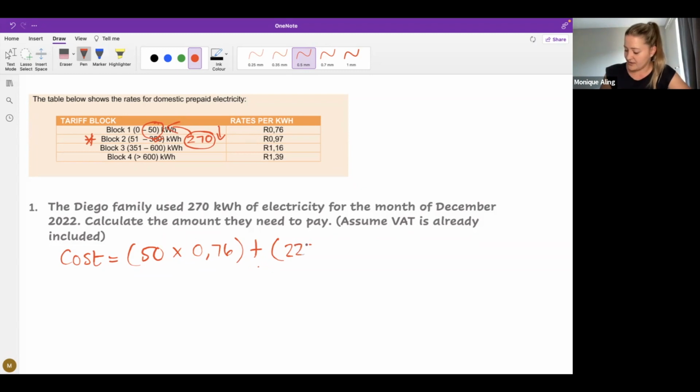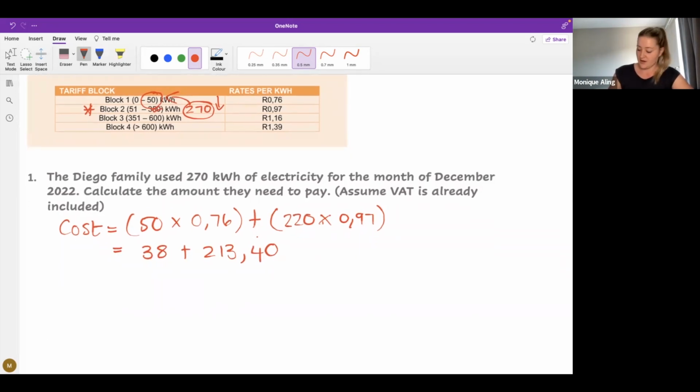Sorry, 220 times by the price, which gives me 38 plus 213,4, which is what the calculator would have given you. But remember, money, we add that 0. So our final answer will be